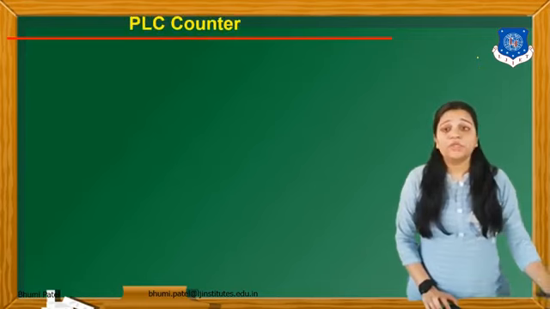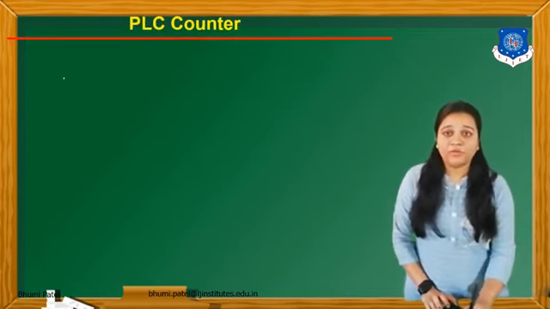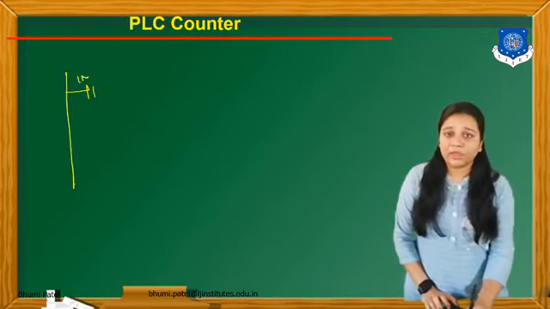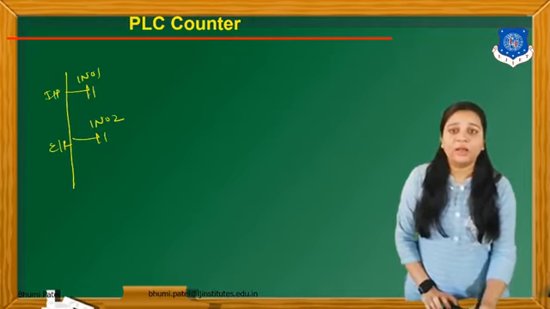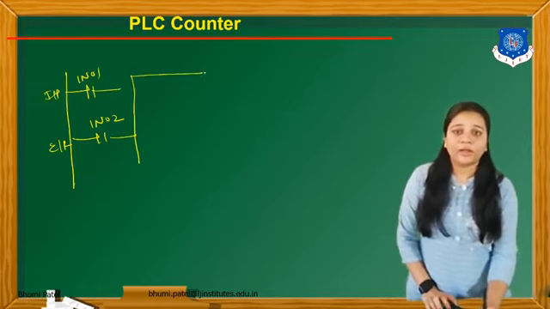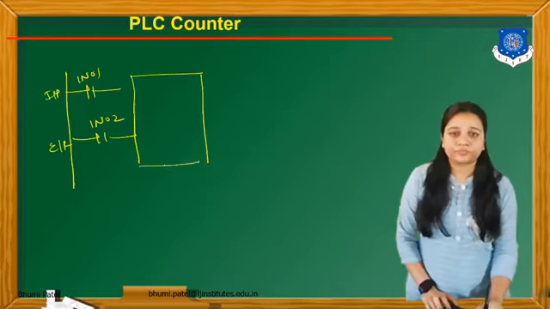Now if we use the combined up down counter, what is the command for the up down counter? We can take one input signal, then next a combined enable or reset. This is my input signal, and we can connect one block here. This is my preset value for the up down counter.